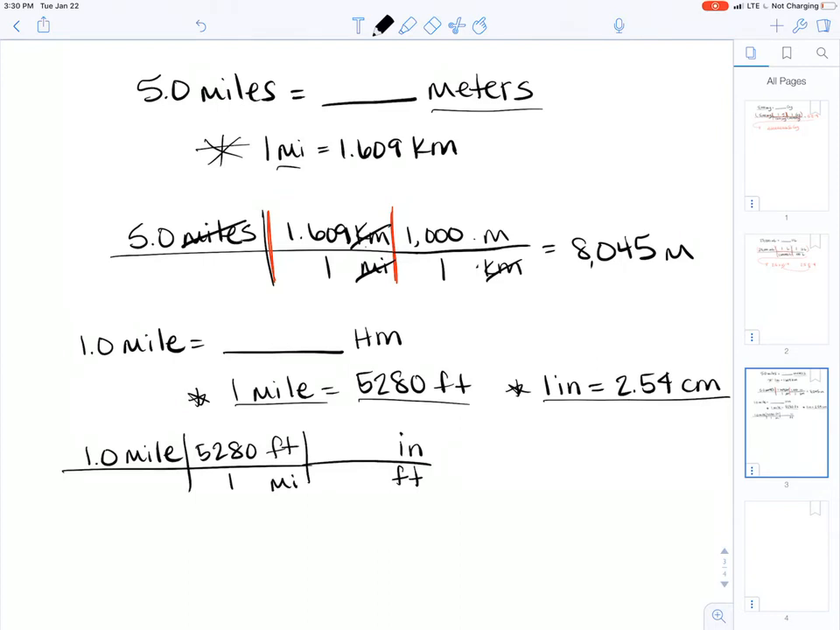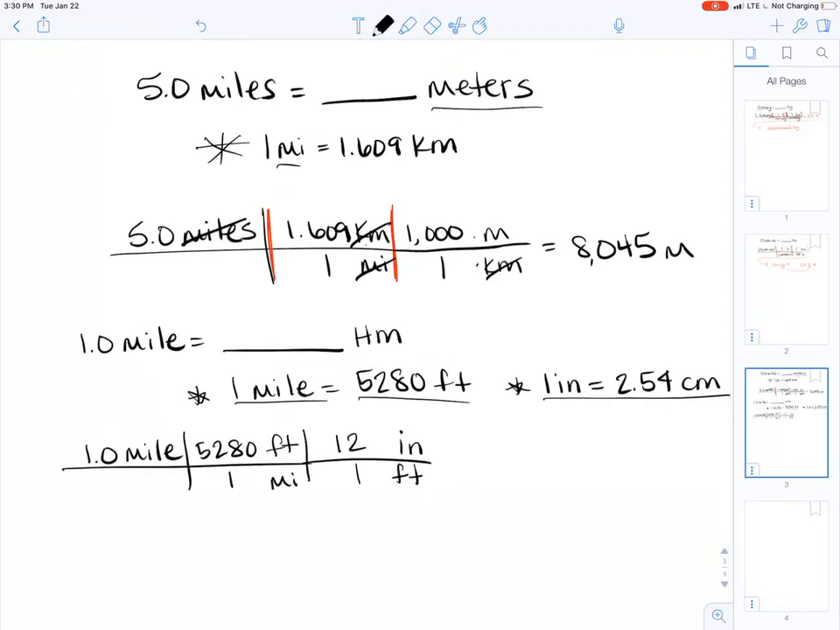Yeah, you just have to know, I'm sorry, but you have to know this information. You need to know that for every 1 foot, there are 12 inches. I would not give you that information on a test. All right, now you're going to continue your tracks, and since you have inches in the top left, you're going